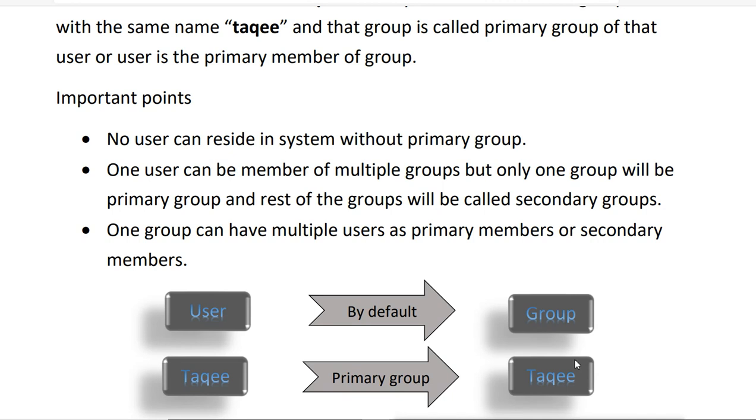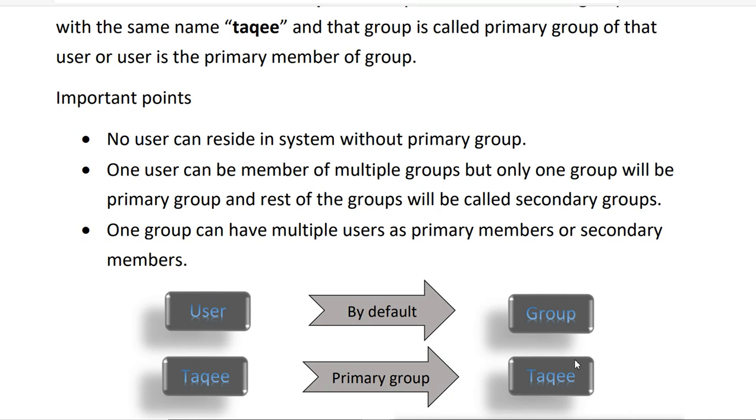Now these groups are normal groups. What is a group? A group is actually a name, or we can say an object, a collection of different objects. So we can have multiple groups, in this case multiple objects, and the objects can be different. Here we are talking about the user account. In our case the object is the user account, so groups are collections of user accounts. That means in one group we can have multiple users as members.